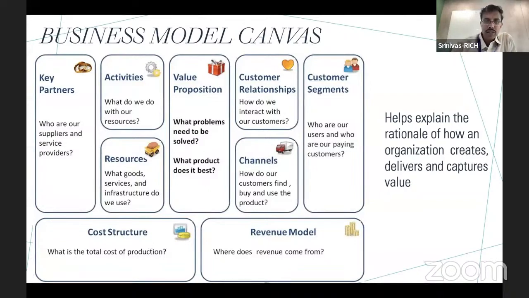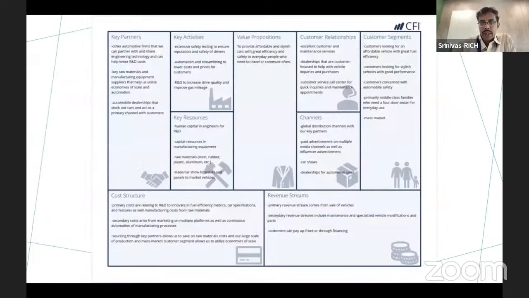So this is a very useful business model canvas framework. Again, this is the same thing, but actually filled in for an automotive company which is trying to launch in the US market. So a Honda or a Toyota trying to launch its product in the market. So what does the US market need? Do my products and services actually offer the value to US consumers? So a worked out example of the business model canvas. Again, I'm skipping in the interest of time.